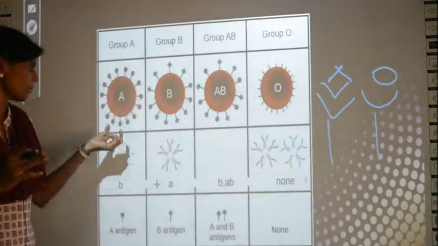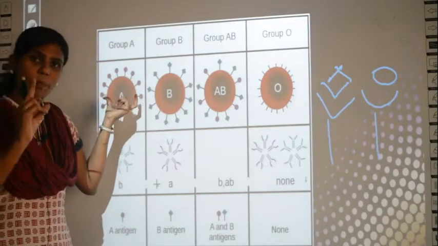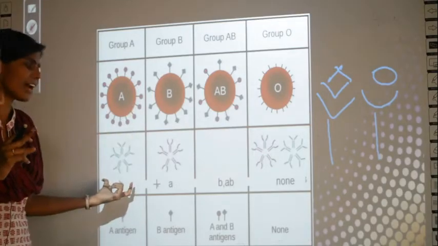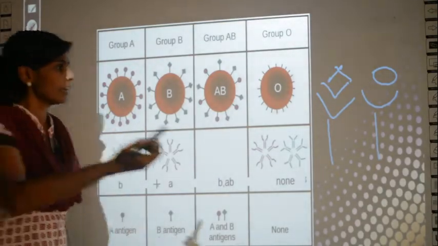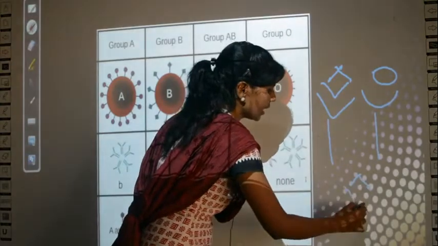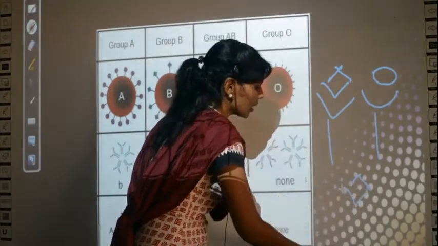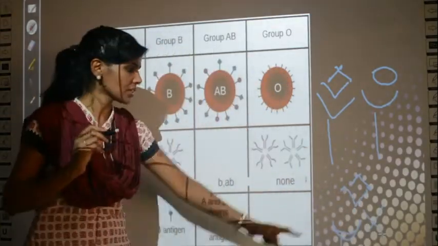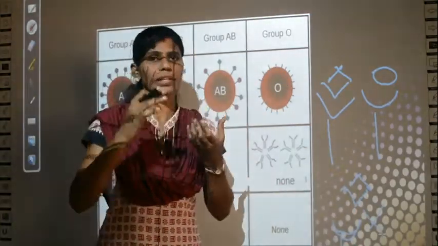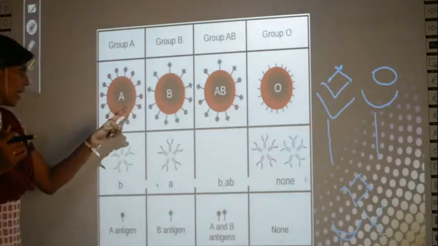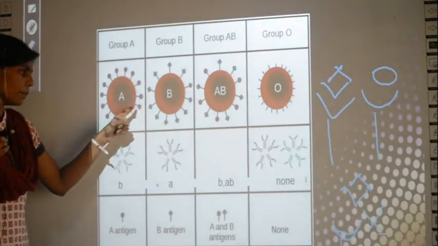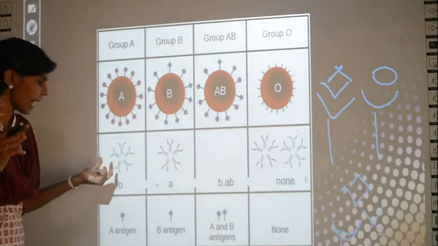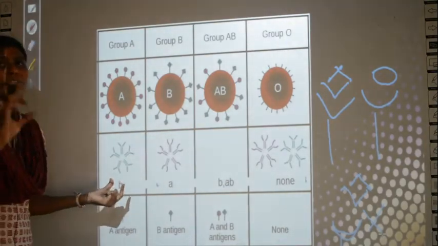So if you see blood group A, a person who has antigen A will always have antibody B only. Like if this is the shape of antigen A, he will have antibody B which will not match at all, because a diamond cannot fit into a curve, right. So a blood group A person, with antigen A, will have antibody B